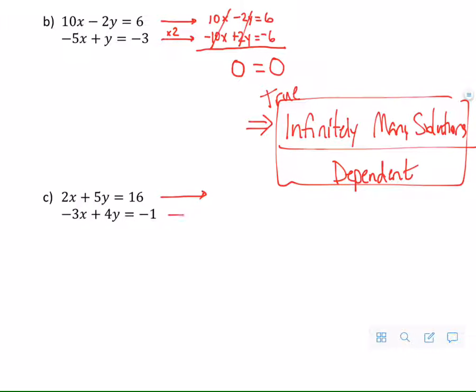So think of the x's. What can I get 2x and negative 3x to? Multiply the top one by 3 and the bottom one by 2. Yep, that both gets me to 6x, right? A 6x on top and a minus 6x on bottom. So if I multiply this one by 3 and this one by 2, then I will have